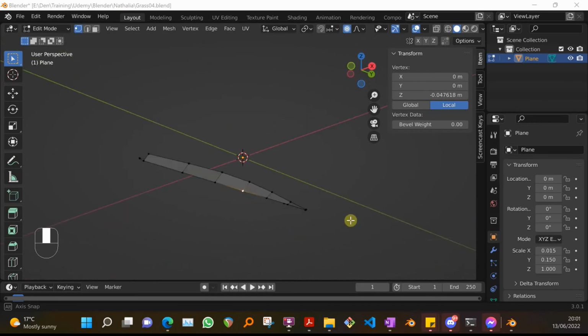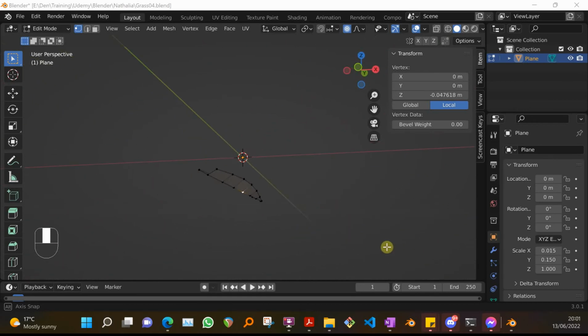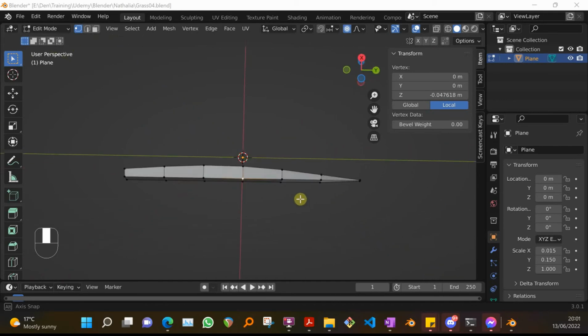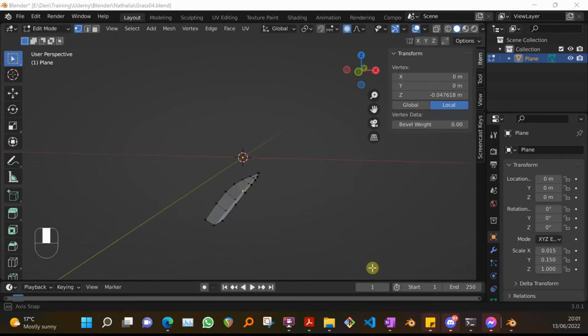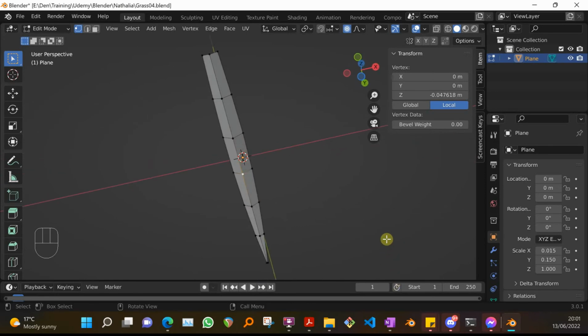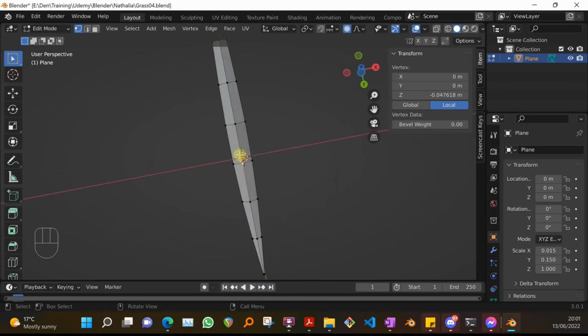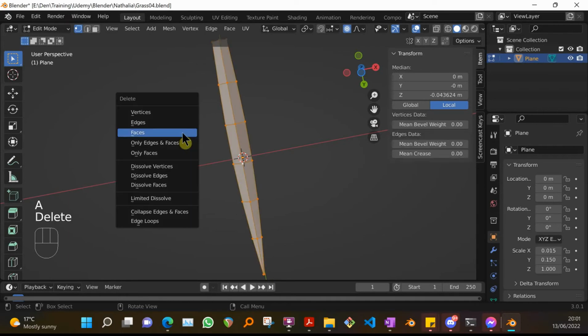Again, I may not get this right first time, but I am hoping that after this, all other references to the blade of grass can be deleted. So this is the final version, and that is looking okay to me. And now I'm going to start all over again. So we're going to say A, delete all of that,